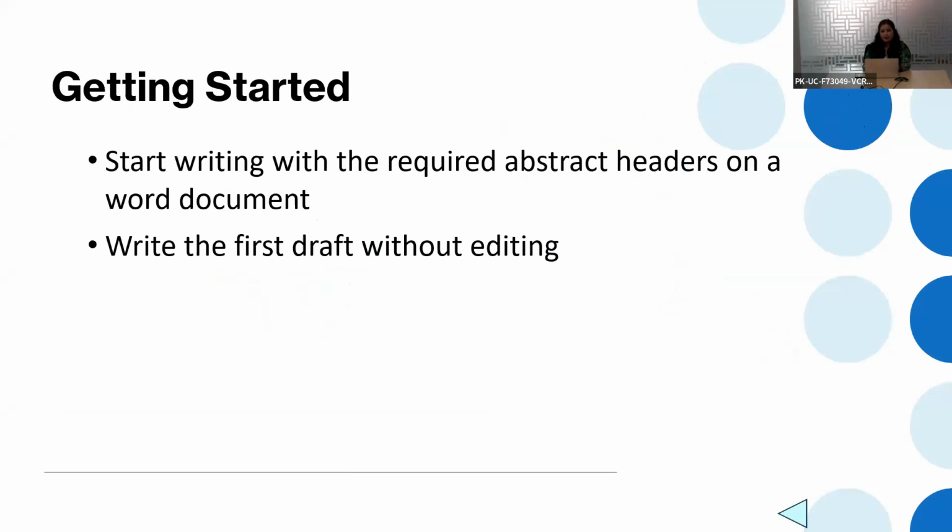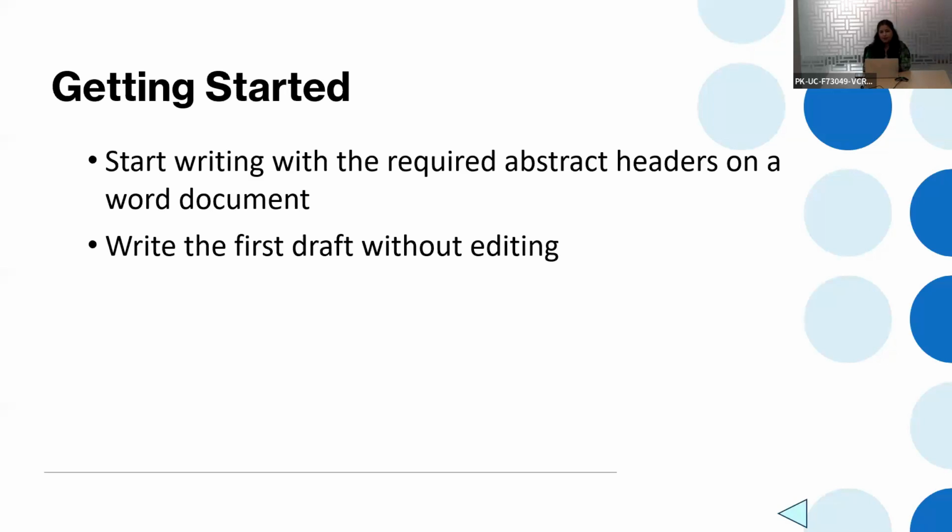Okay. Sometimes you are given an option to write paragraphs under the headings given in a link, in a Google Sheet or any software, for example. But it is really advisable that you start writing your abstract first in a Word document. It is very ideal for beginners as well. A blank page usually intimidates beginners. It's very difficult to start writing. So it's good that you have